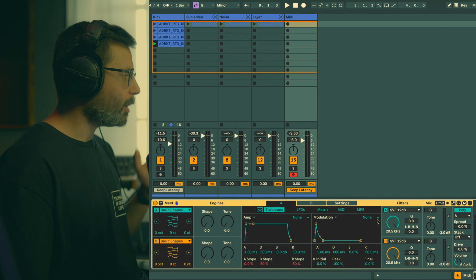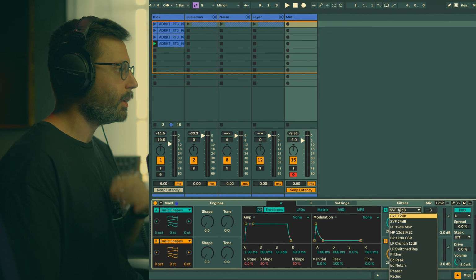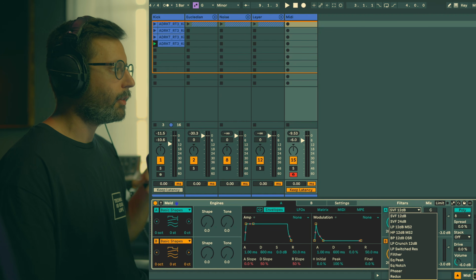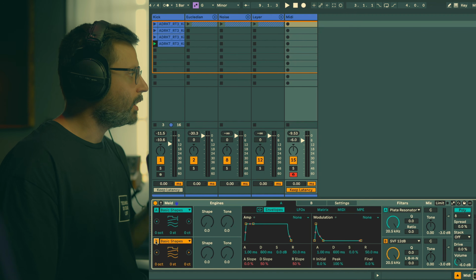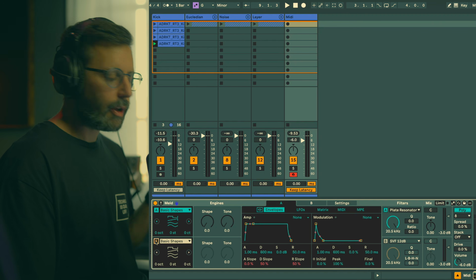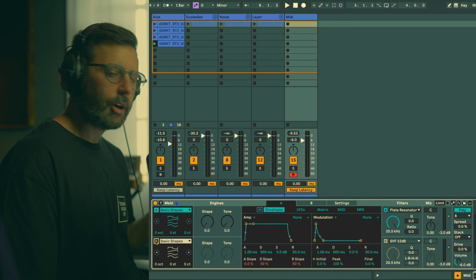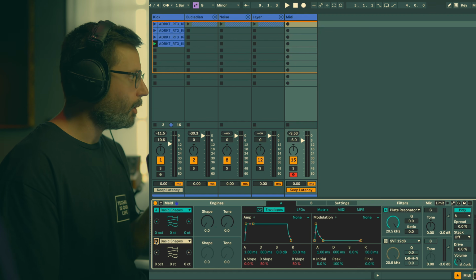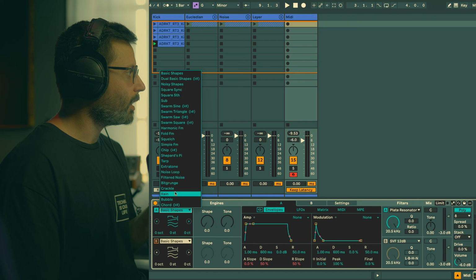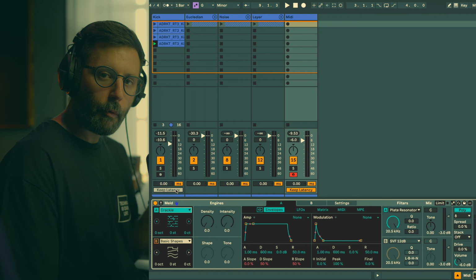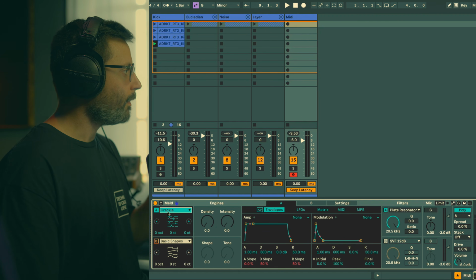Alright, for our next tip, I'm gonna show you a creative way to use some of the weirdest Meld filters, for example the phaser, the comp, the plate resonator. These are filters that are sometimes very hard to get a nice sound out of because they are very particular. One way I found is to use a kind of noisy oscillator into this type of filter. It's working really well. So here I've set it to crackle,